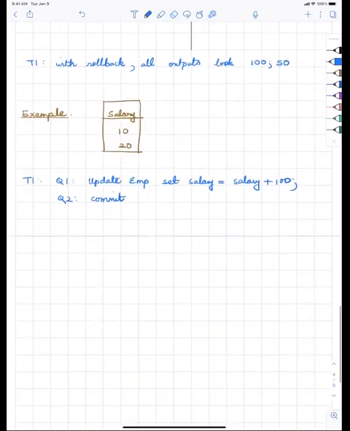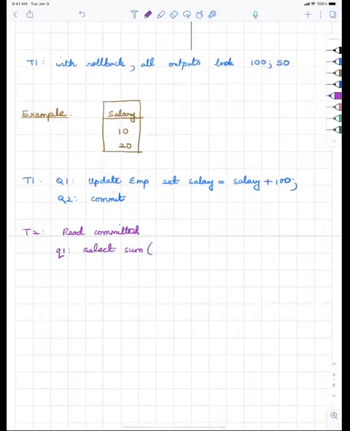And then I have T2, which is going to be a read committed. So small q1, I should really call it S1. It's a mistake. When I was writing it down, I didn't realize that when I talk, they both are going to sound the same. So small q1, which is select